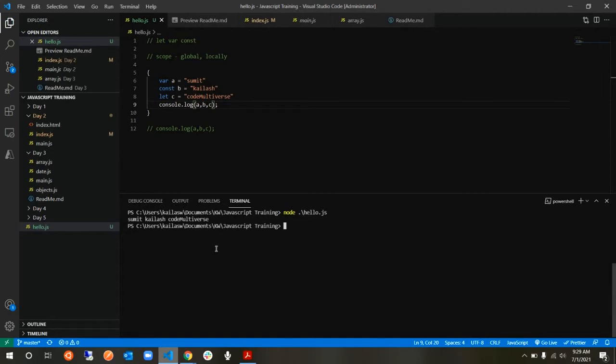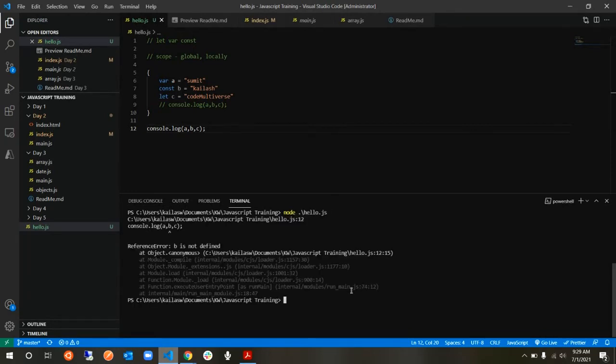Now the next step is, let's see if const can be accessed outside. What is happening? It says B is not defined. What does that mean? It means that const is also locally scoped.